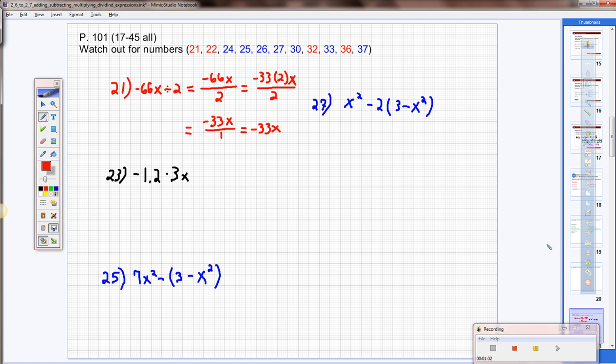And then moving on to tonight's homework. In tonight's homework, 17 to 45 all, you had division, you had multiplication, and then you had multiplication through the distributive property. The blue examples right here all involve the distributive property to some degree, so watch out when you get to those. Now, we've been learning about the distributive property long enough to where I think you're going to do well on those. The red ones are division problems, so I just want to make sure that you know how to handle